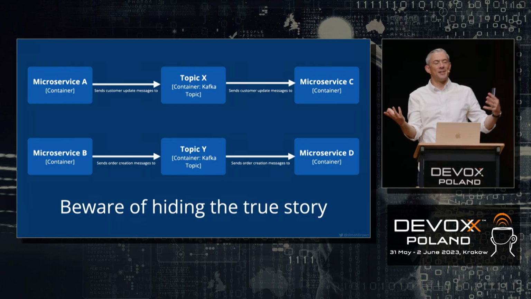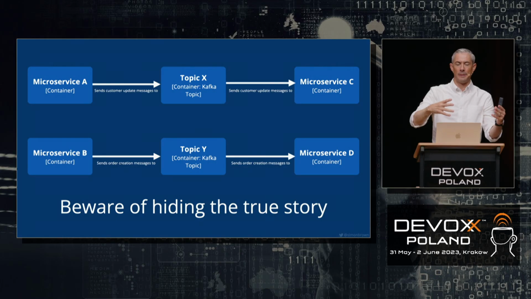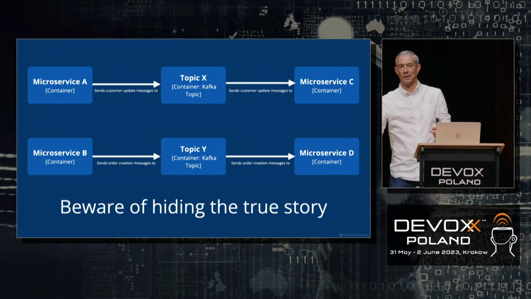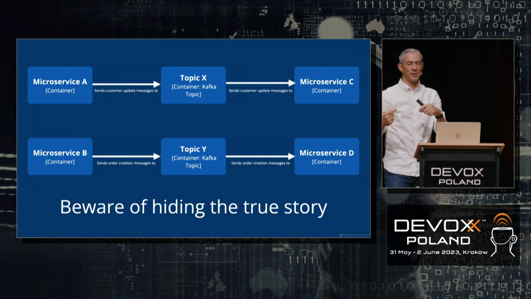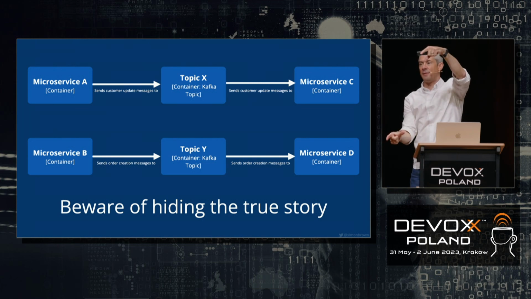And that for me makes sense, right? Because a C4 model container is an application or a data store. So I'm treating the topic as a data store. It's a bucket, and we can put messages into the bucket, and something's going to pull those messages out of the bucket. From a deployment perspective, we can put both of these topics onto a single Kafka bus on a